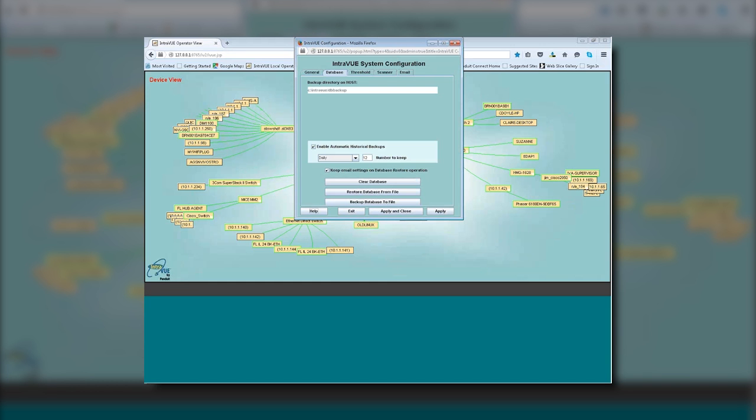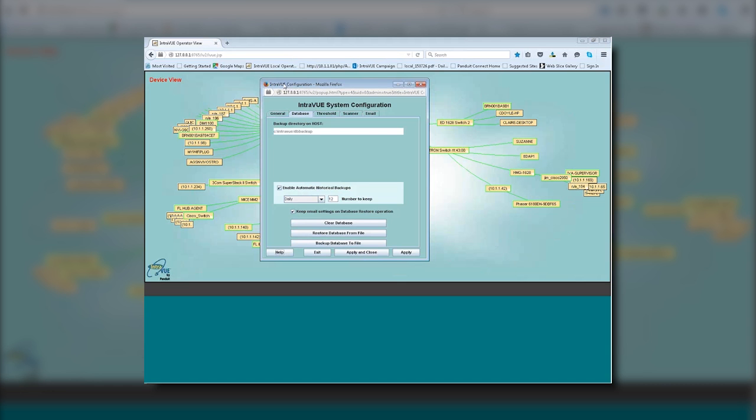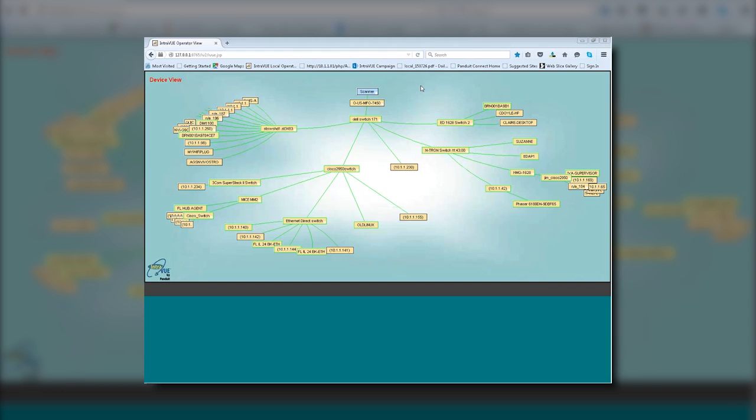So that's a little bit of a quick overview of the IntraVUE software and how it automatically discovers and maps these devices. I appreciate spending the 35 minutes to listen to it,